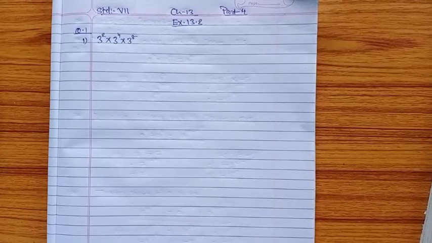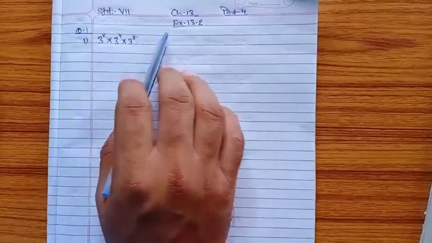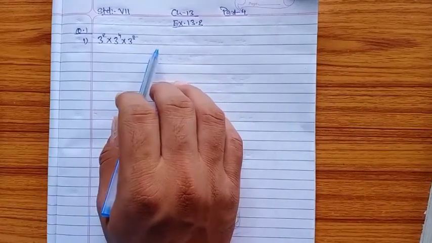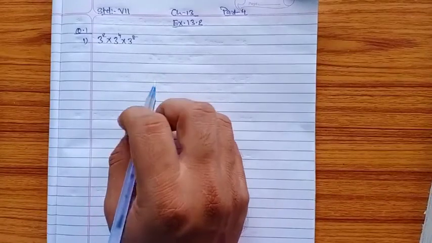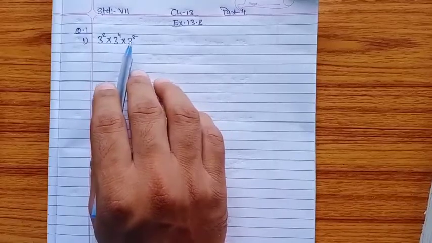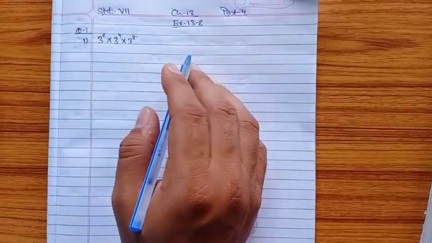Last video we studied the laws of exponent. Now those laws of exponent you have to apply in exercise 13.2. The first question is: using laws of exponent, simplify and write the answers in exponential form. देखो, exponential form में ही आंसर लिखना है. So after getting the final answer, we will not multiply the number 3 that many times.